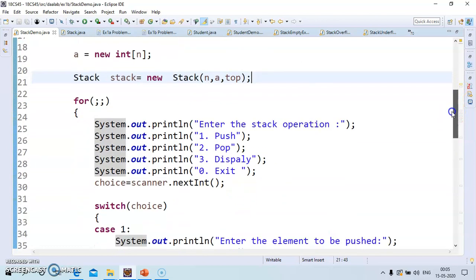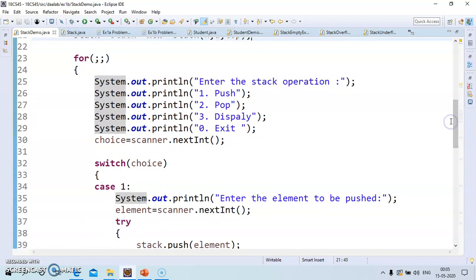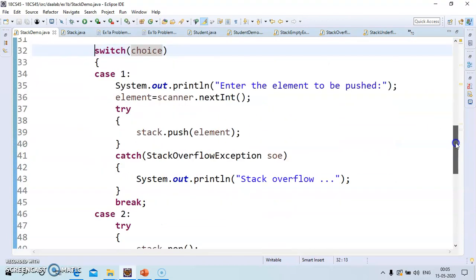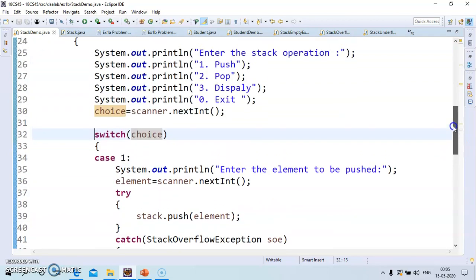Then you have an infinite for loop with options: 1 for push, 2 for pop, 3 for display, and 0 for exit. You take the choice from the user and use a switch statement for choice 1, 2, 3 and 0.